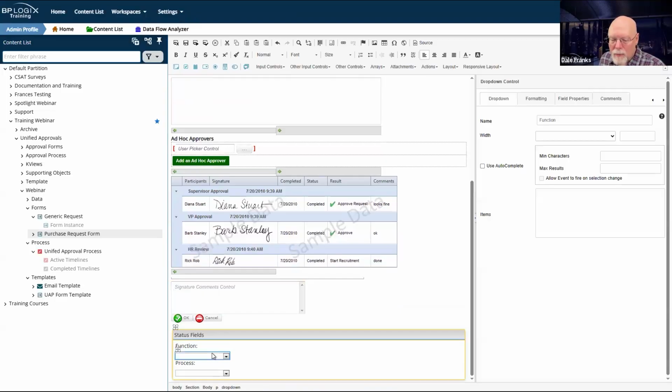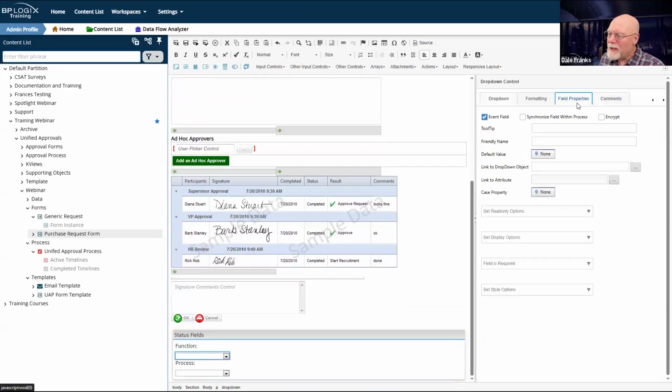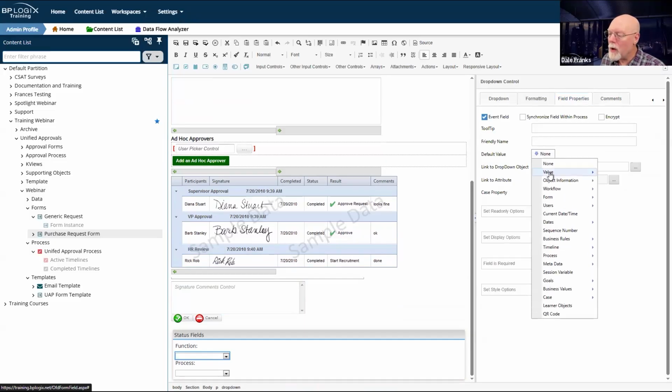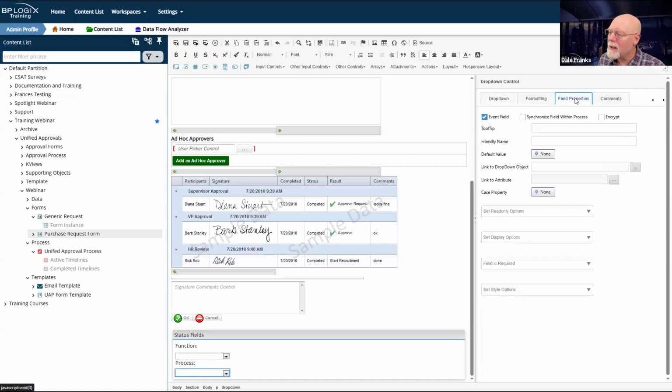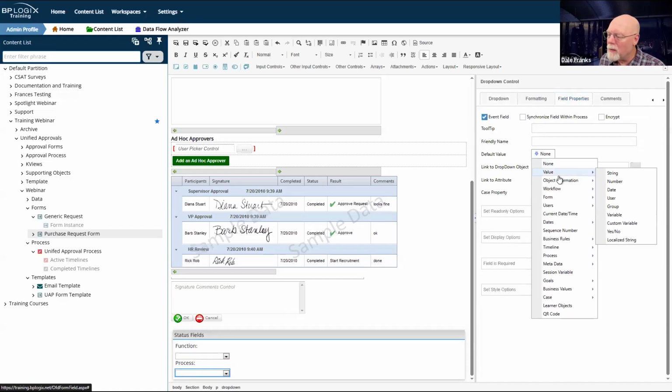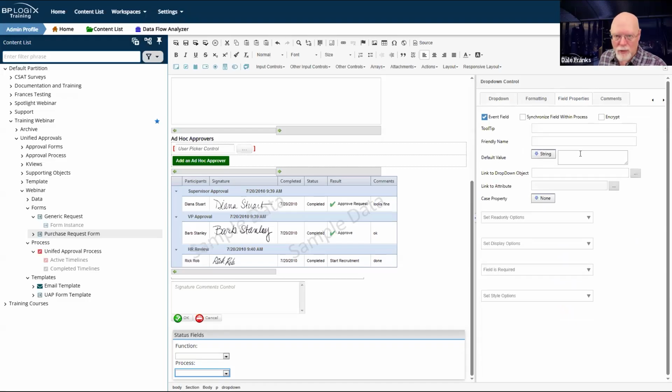Let's go back down here to my function. Let's just give it a default value. So we are going to set the value, and this is an accounting. And so now this is where I need to know what these codes are to make this all work. I know that accounting is AC, so I'm going to set the default value for this dropdown to AC. And I'm going to set the dropdown for this process. Same thing, default value. And again, I'm going to have to use a string because we're using these 2-letter codes.